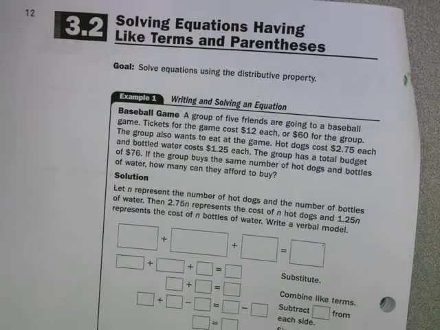It says a baseball game. A group of 5 friends are going to a baseball game. Tickets for the game cost $12 each, or you could say it's $60 for the group. The group also wants to eat at the game. Hot dogs cost $2.75 each, and a bottle of water costs $1.25 for each bottle. The group has a total budget of $76. If the group buys the same number of hot dogs and bottles of water, how many can they afford to